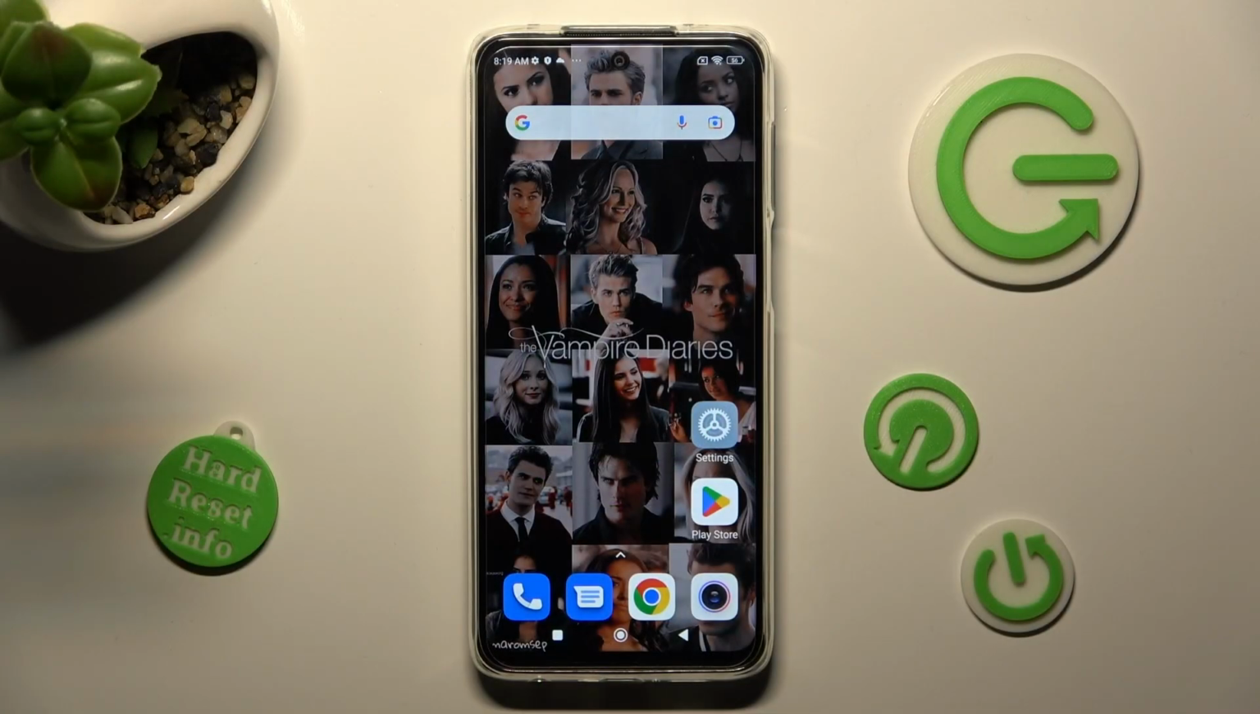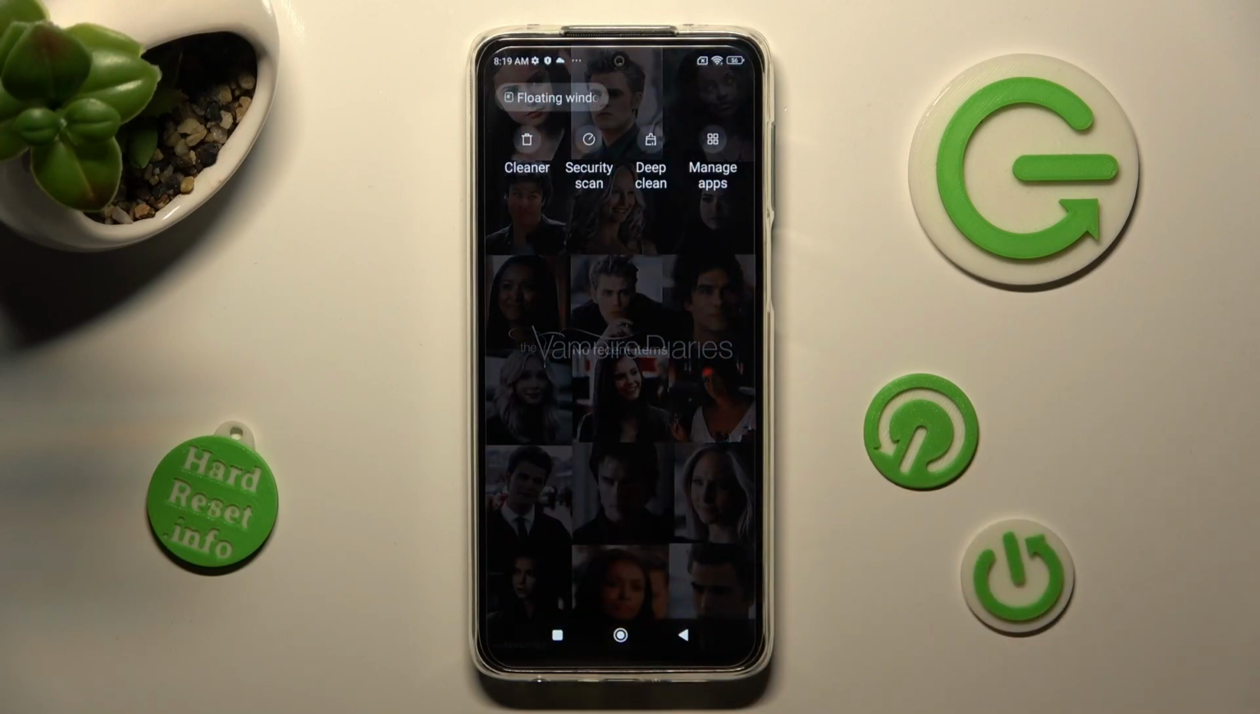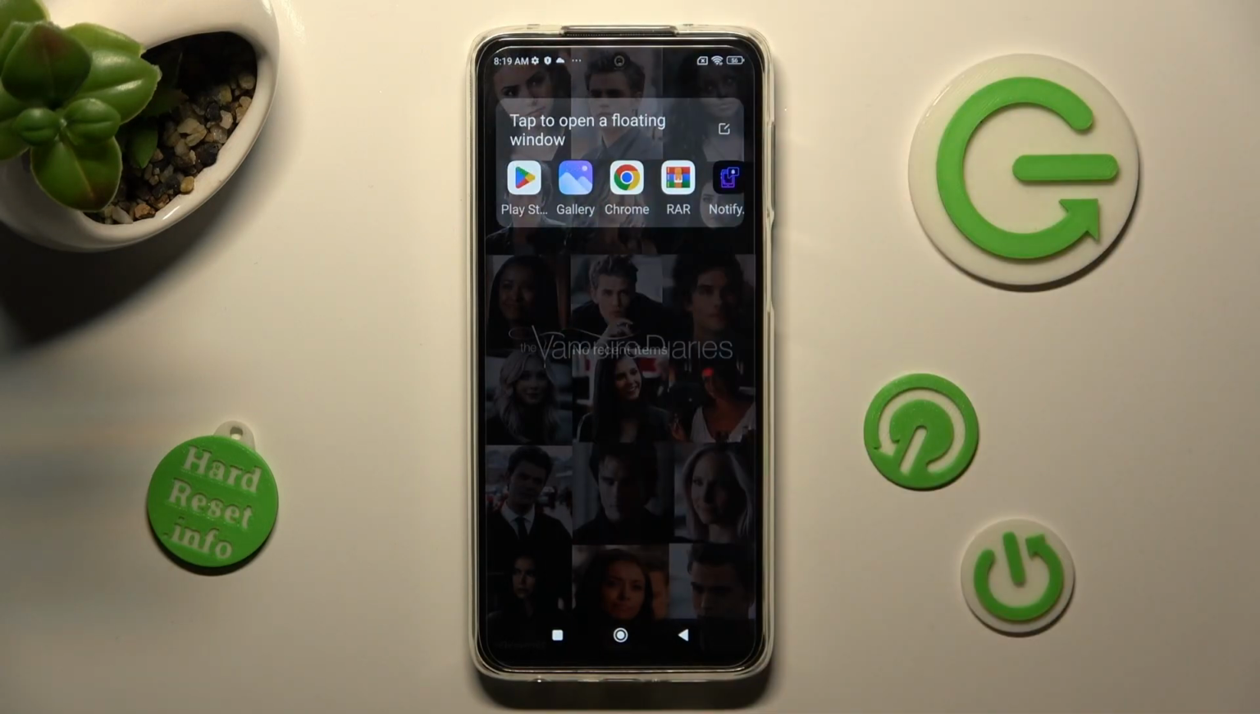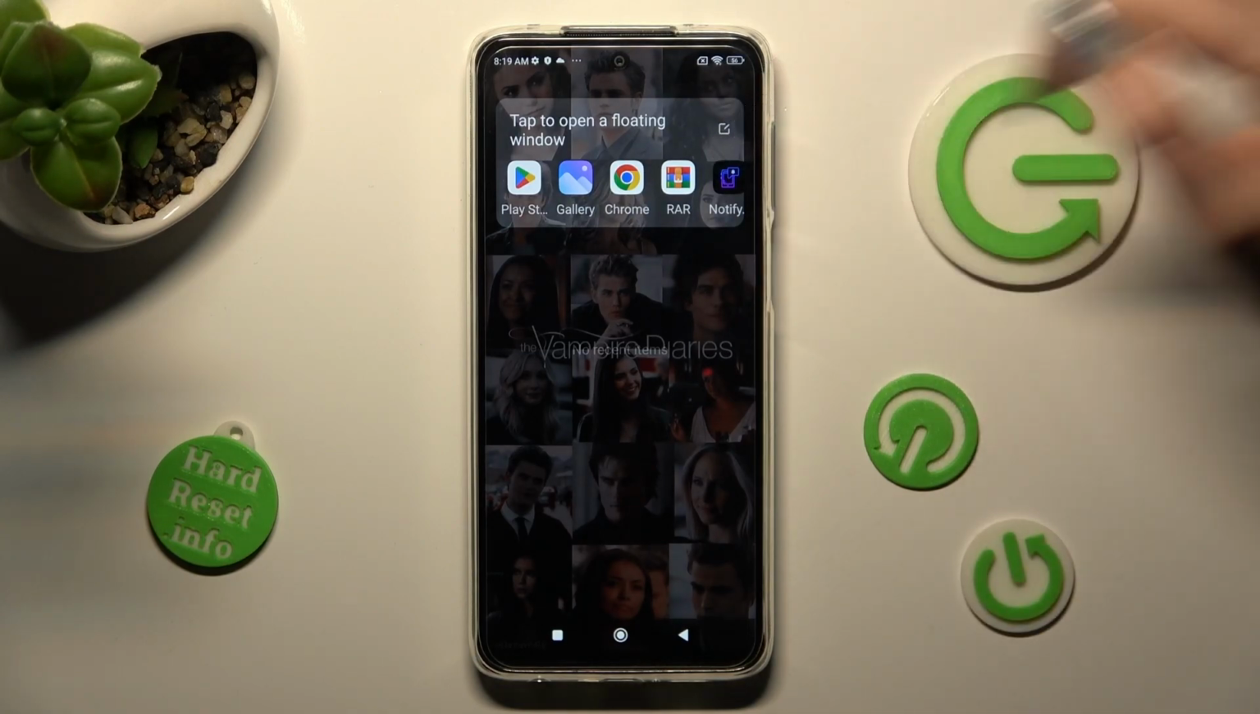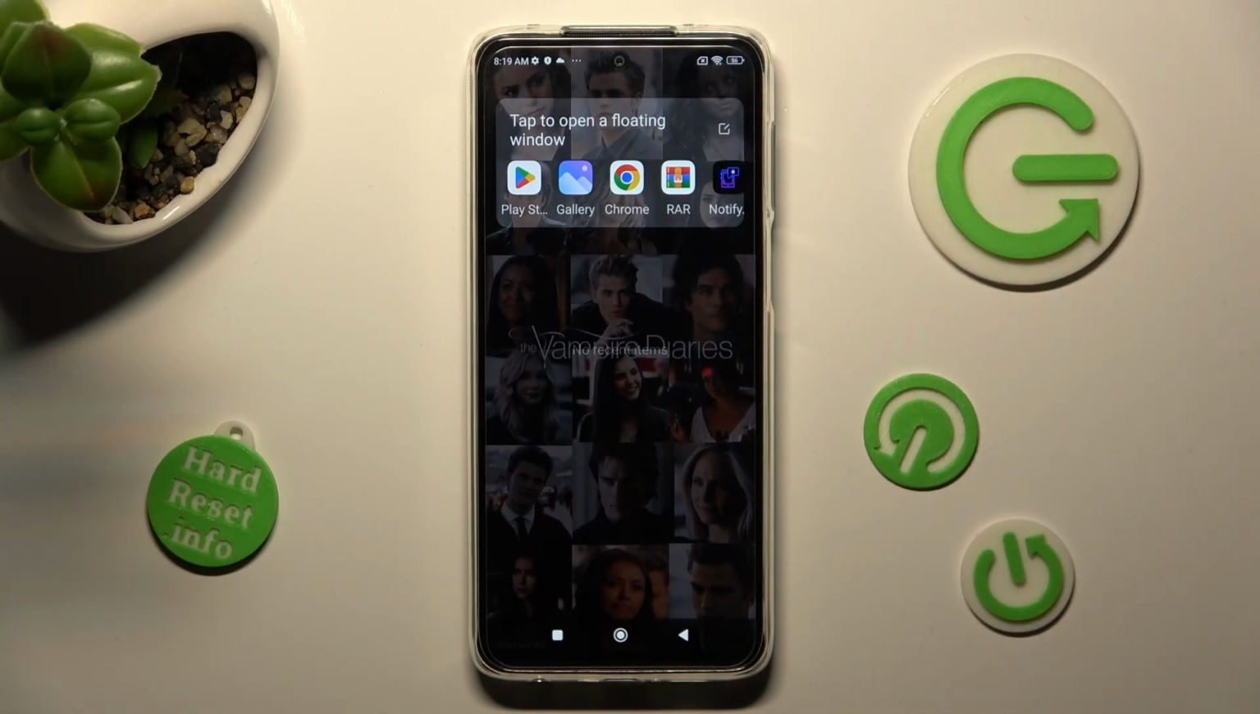First of all, you need to click on this square button at the bottom right corner to access background apps. Now select floating window at the top left corner. Over here you can click on one of those apps right away to use it in pop-up view, or click on this little icon with pen and the paper